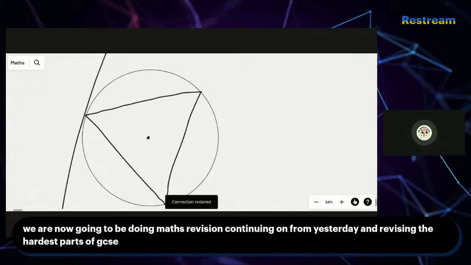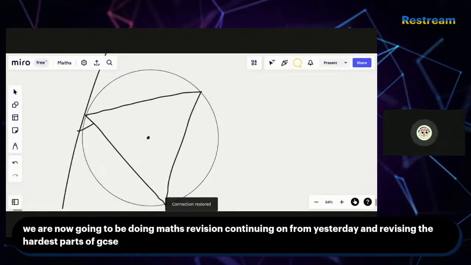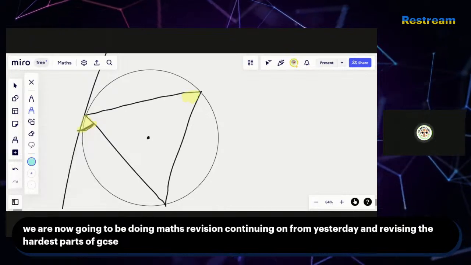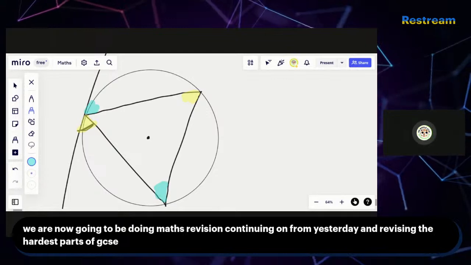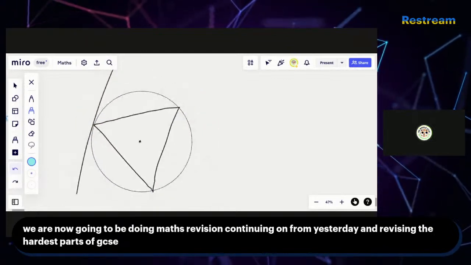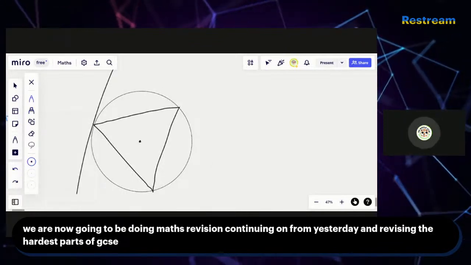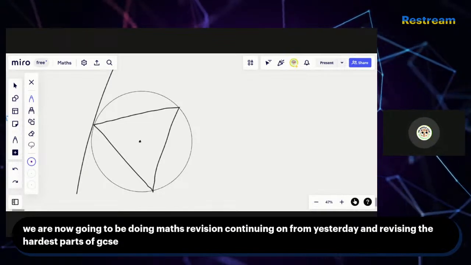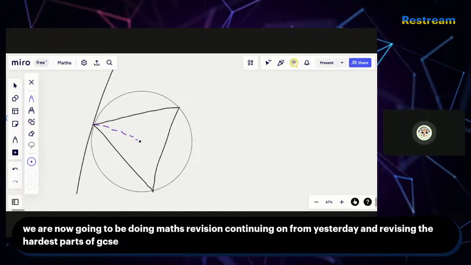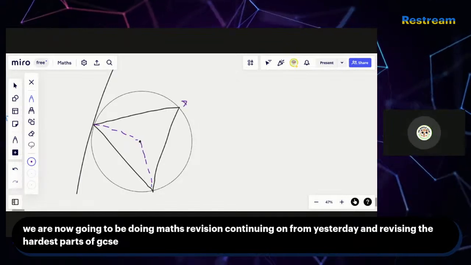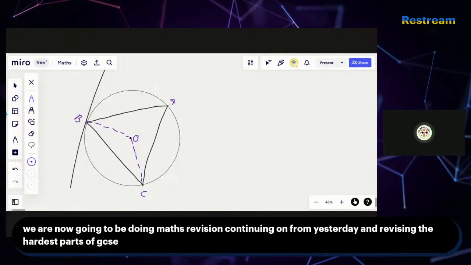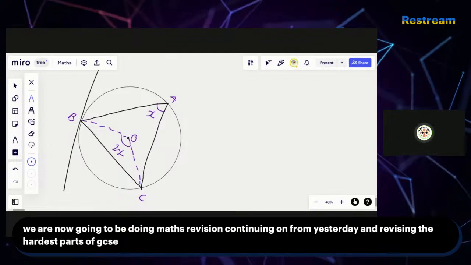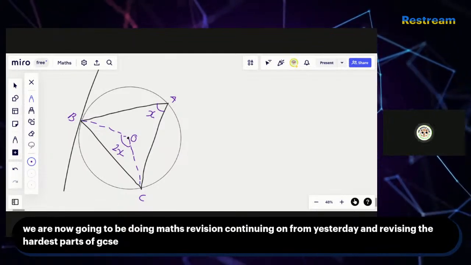So they're saying that the angle between the tangent and the side, so they're saying that this angle, let me use colors, they're saying that this angle is equal to that angle, and they're saying that this angle is equal to that angle. Prove that now. So we're going to use our trusty old circle theorem that angles at the center are double angles at the circumference. So let's label the angle A, B, C, and this is O. So we know that if we let BAC equals x, then we know that BOC is going to equal 2x, and therefore